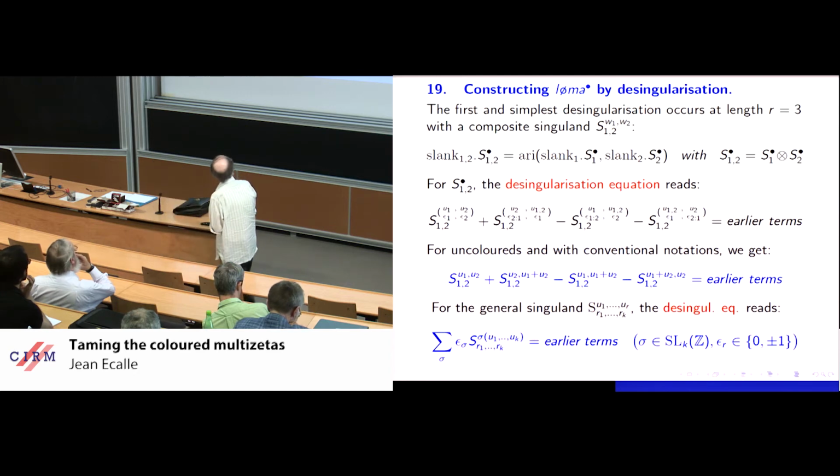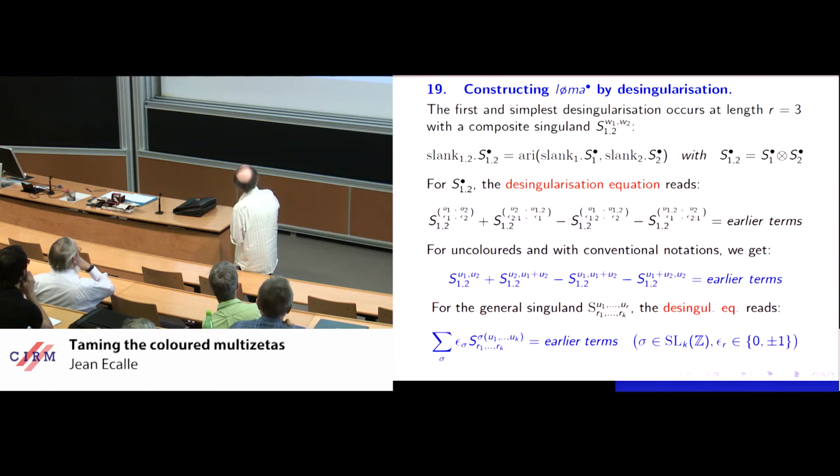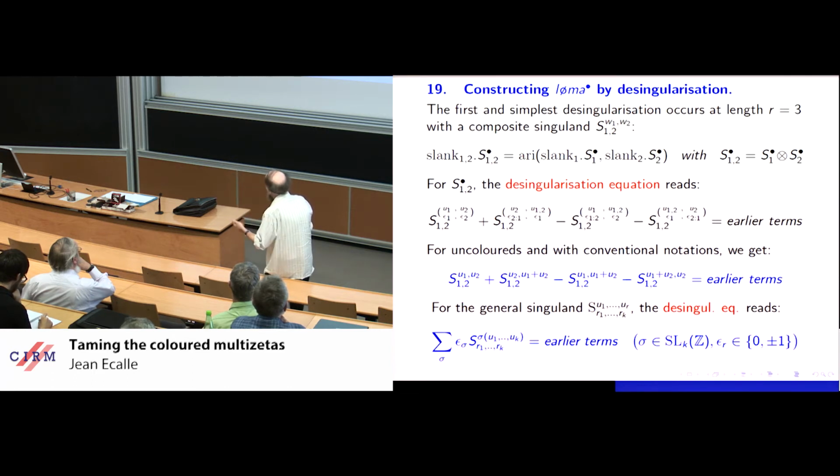The de-singularization equation, the one up there, but with the colors. But this is the first, the most elementary composite singulate, a singuland. And here again, without the colors, in the case of uncolored,